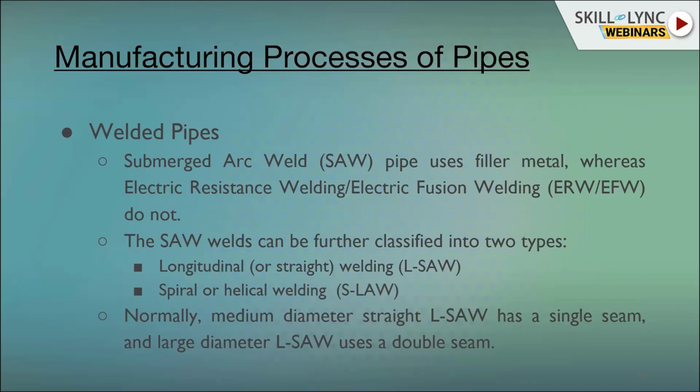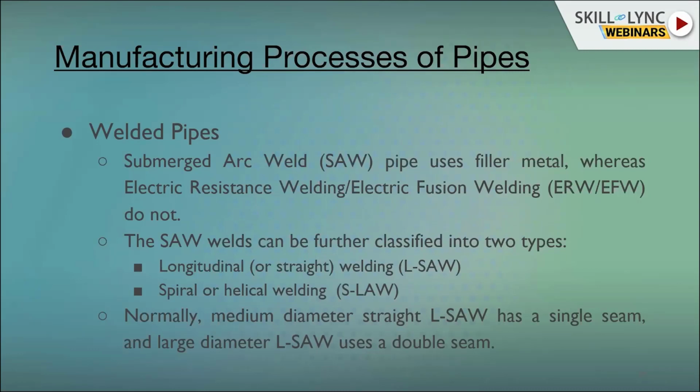If you have seen the welding process, then when you heat the two parts, that is your workpiece and your electrode, that electrode is the filler metal. If you heat both, the consumable which goes into the pipe is known as a filler metal. So in ERW or EFW, we do not use a filler metal, because the welding is done through the resistance between the two pipes or the two plates. That is known as electric resistance welding or electric fusion welding.